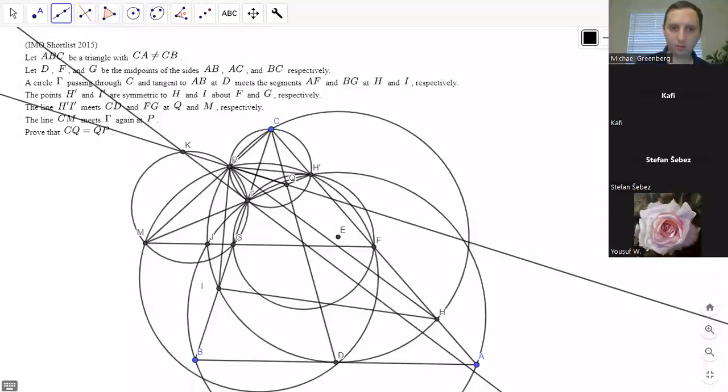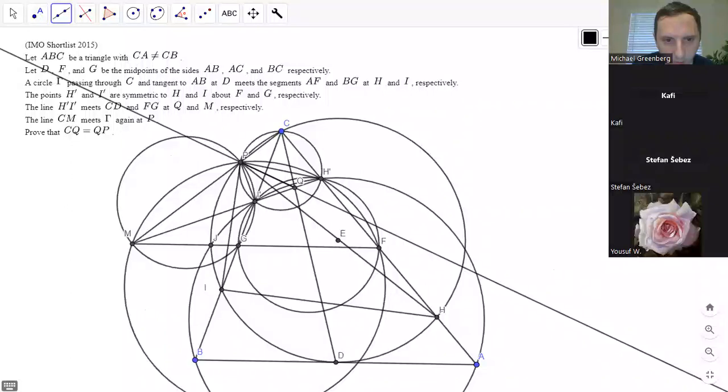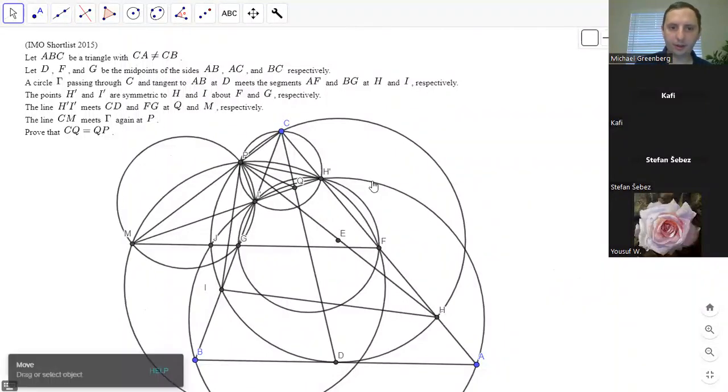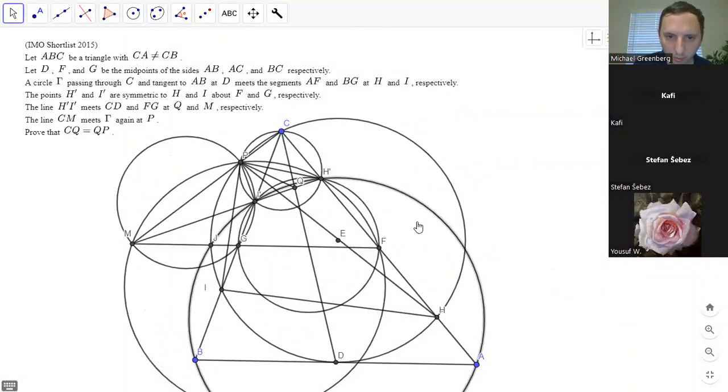Okay, basically we can forget the point B, C, I, H, sorry, B, A, I, H. We can consider everything in terms of G, F, H prime, I prime. And then Q prime would be the intersection of I prime H prime and the midpoint of GF and